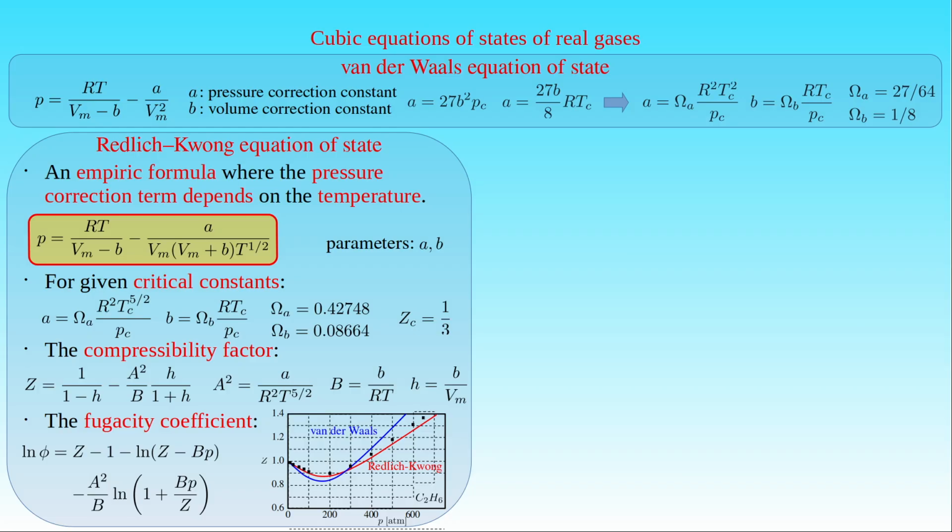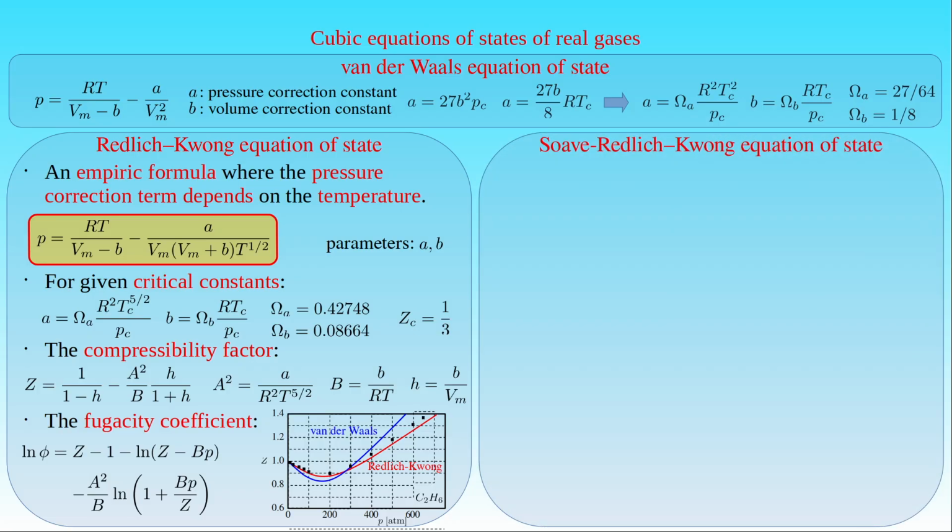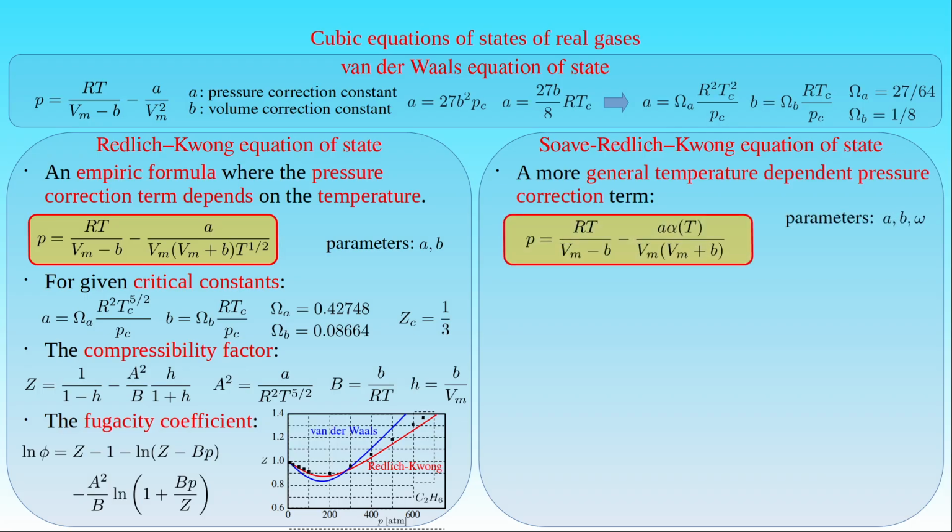The Soave-Redlich-Kwong equation of state was introduced in 1972, when Soave suggested a more general temperature-dependent attraction term in the Redlich-Kwong equation. Instead of the temperature T raised to the power 1 over 2 in the denominator, he applied a temperature-dependent function called alpha function or cohesion function in the numerator with a third parameter omega besides the correction constants A and B. This parameter is called eccentric factor, describing the deviation of the reduced vapor pressure of a substance from its pressure in fluid phase, and it is associated with the shape and polarity of the molecules,